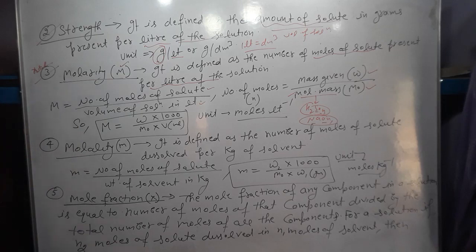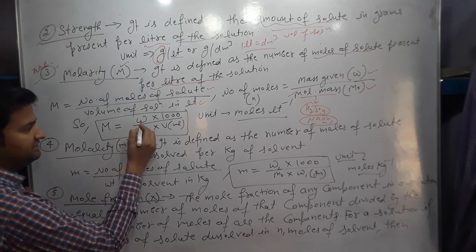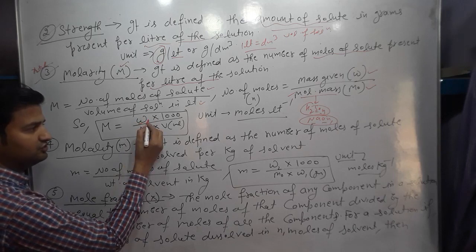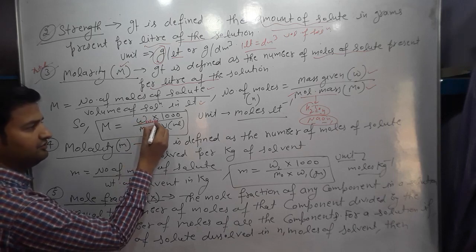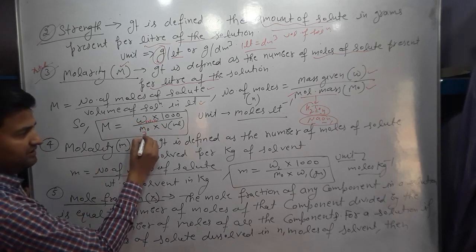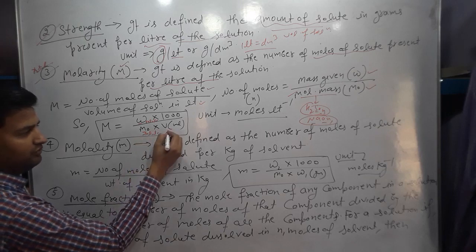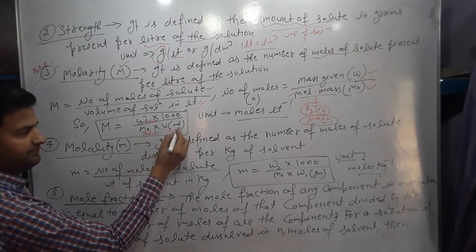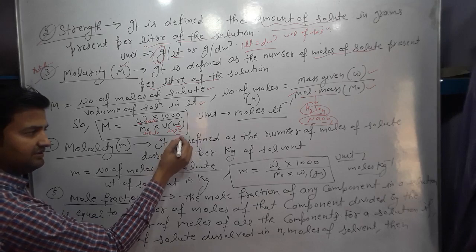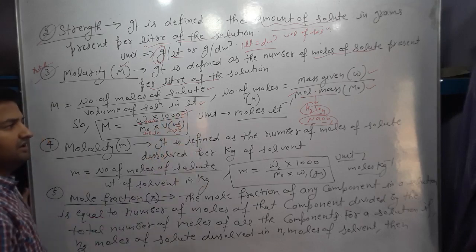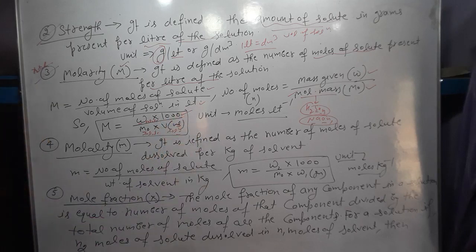Numerical portion we use it. So molarity will be equal to W. This W represents the mass of solute. This is the mass of solute by molar mass of solute into volume of solution. If it is given in mL, then it is divided by 1000, and this 1000 occurs in the numerator. So the unit of this is